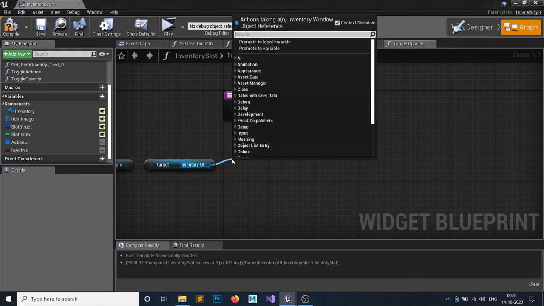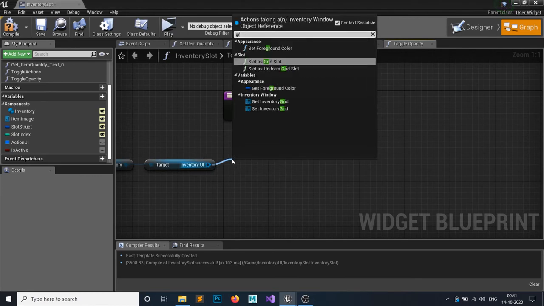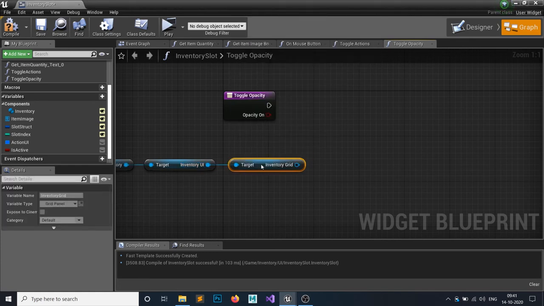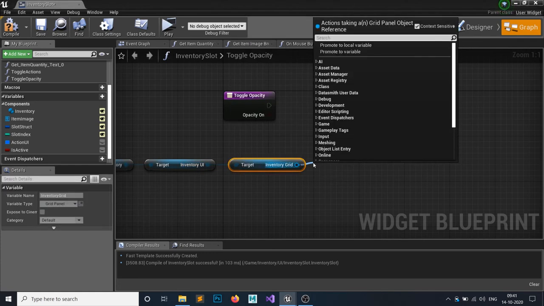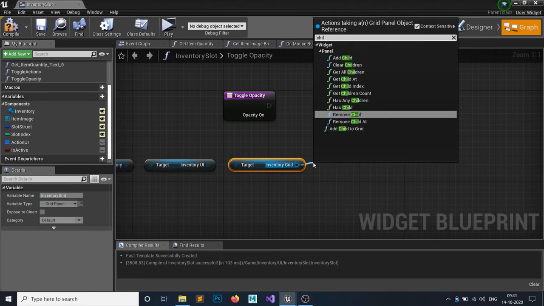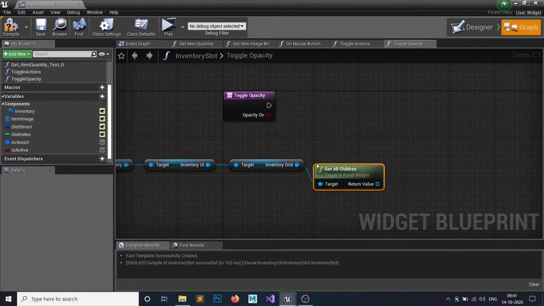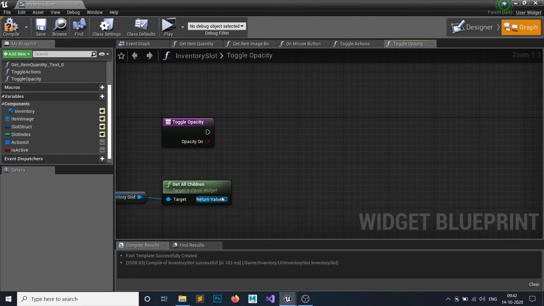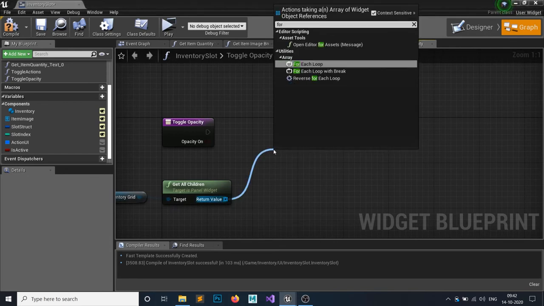Inside the UI, if you remember, we have that grid panel, the inventory grid, and the grid panel has only the children, so get all children, and the children would be the slots, right? So just get and hit for each loop.